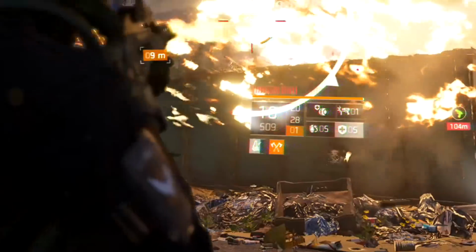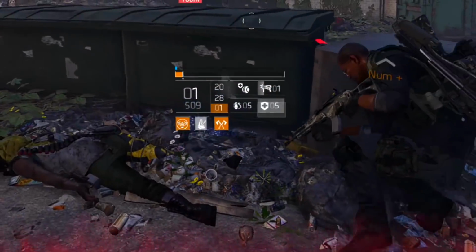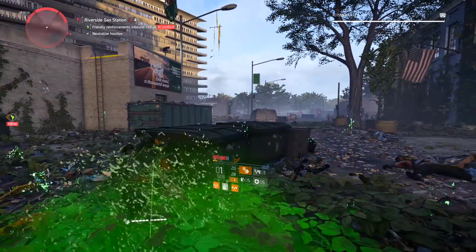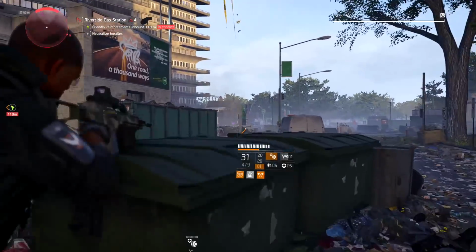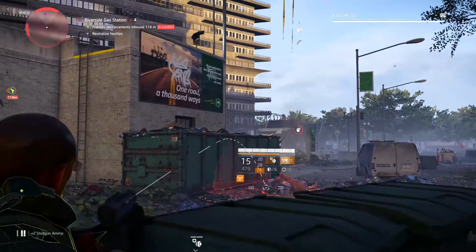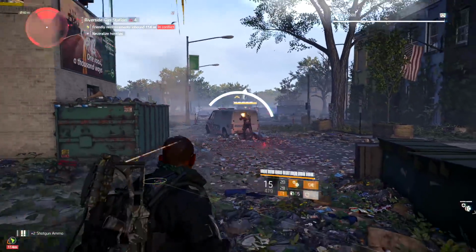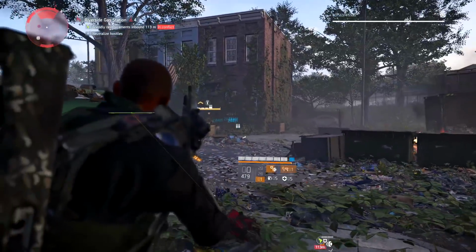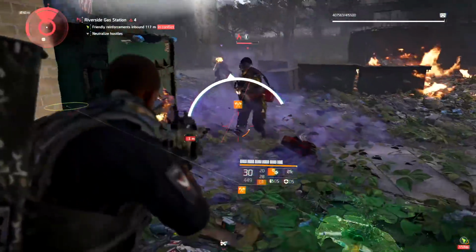Come on, there we go. No, no, yes. Okay, now, something that just saved me from dying there is one of the talents that I have on my weapon that is really cool. Whenever I reload with my assault rifle equipped, I get a mini shield, and that completely saved my ass in that situation because I was done for, and I started